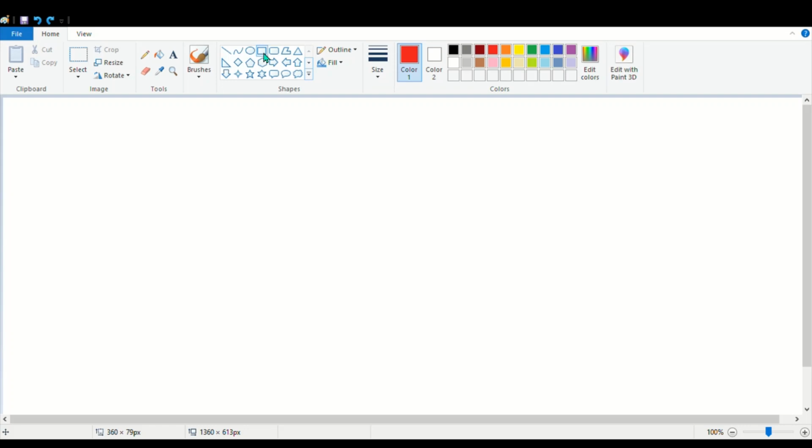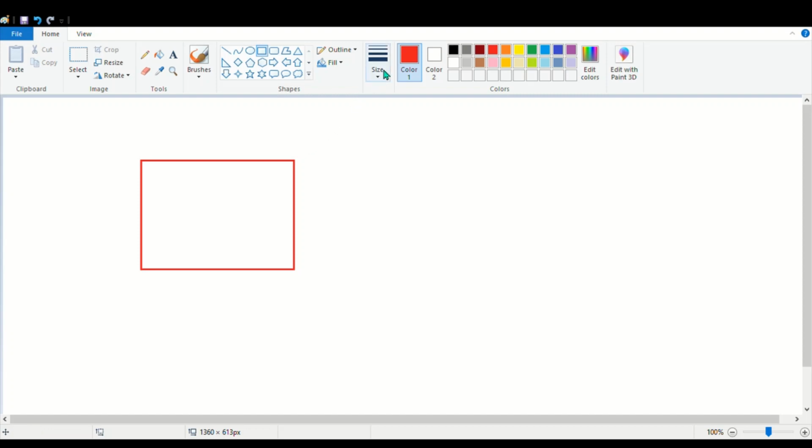Once I have selected the tool, I will bring my mouse pointer to the drawing area. Now see, the pointer will change and it will give me an option to draw the rectangle. To draw the rectangle, I will press my left mouse button, keep it pressed and move the mouse, and the rectangle is drawn. Right? Till this time you see these dotted lines around your rectangle, you can change the shape. But once you click outside, this will go and now you cannot edit this shape.